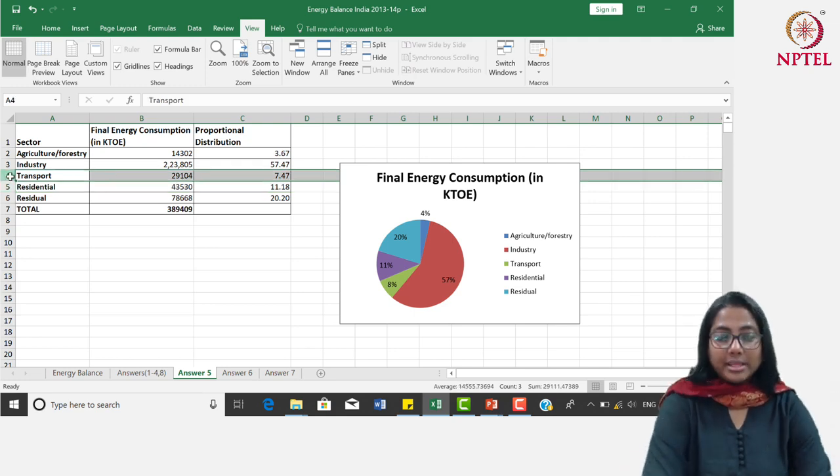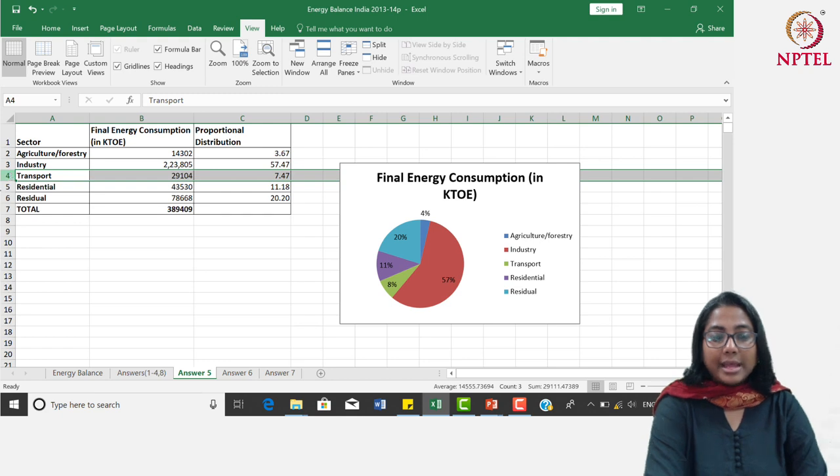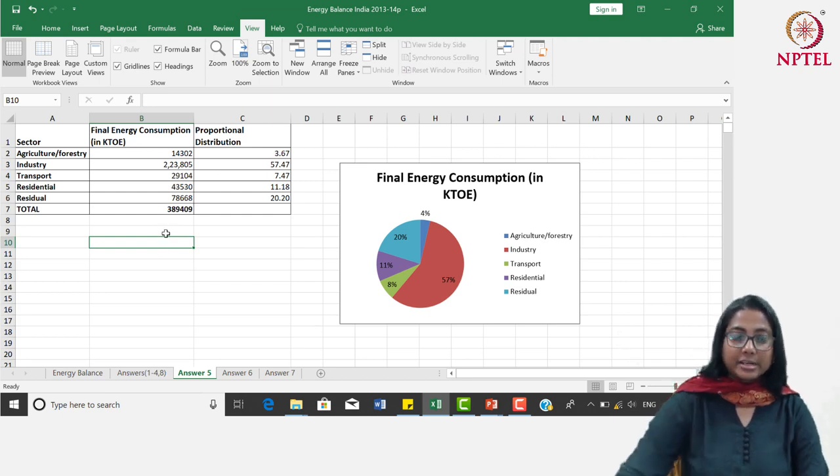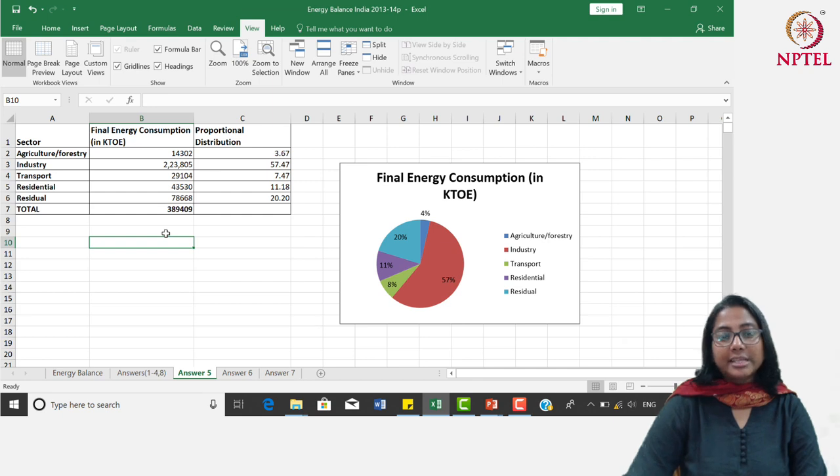Now notice one thing that you have to notice: this is the total energy consumption, and this does not include the primary energy consumed by the electricity sector. If you separate that out, you will see that there is a very high energy consumption, primary energy consumption, by the power supply sector, but this is not separately accounted for here. Whatever power is being produced, this is again kind of used by any of these